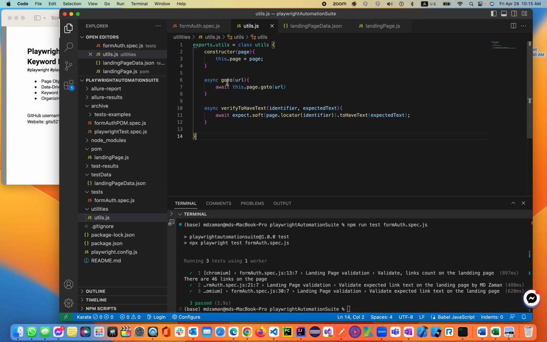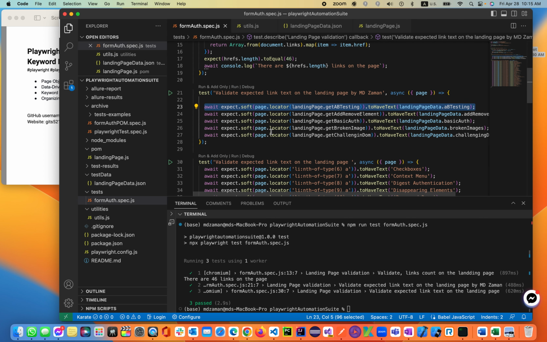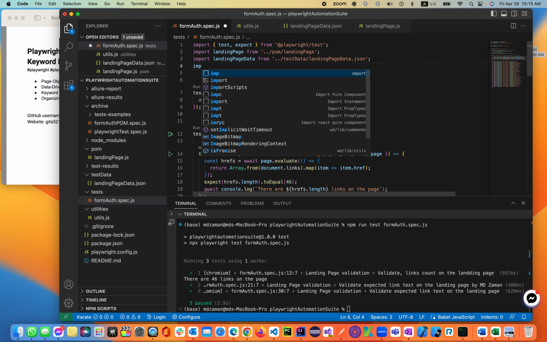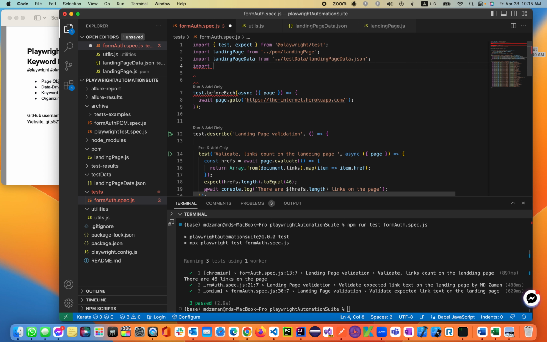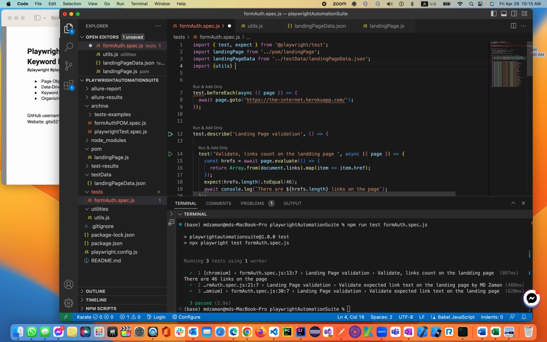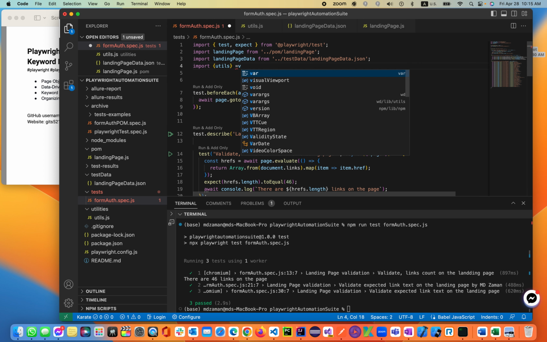Now let's use the goto. In order to use the goto, same thing, you have to import that file. This is our class file, please remember, so we have to use the curly brace in order to import that. How do you use it? We'll be using utils and from. So this is not going to be a from because this is a class file. We'll be using